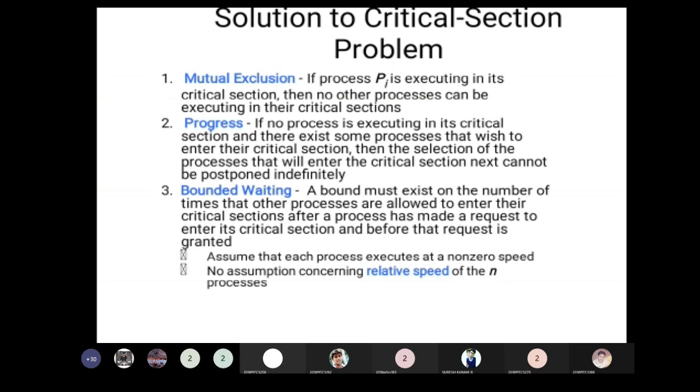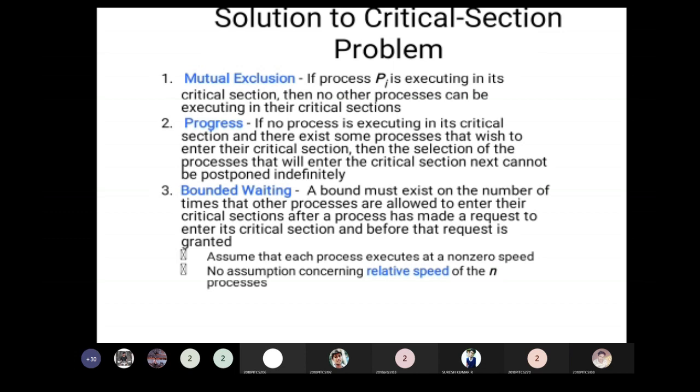Second one, progress. If no process is executing in its critical section and there exist some processes that wish to enter their critical section, then the selection of the process that will enter the critical section next cannot be postponed indefinitely. The meaning is, if no other process is executing in the critical section and many other processes are requesting to enter it, who is going to enter should be selected without delay.